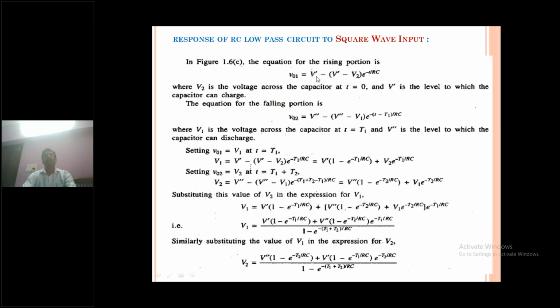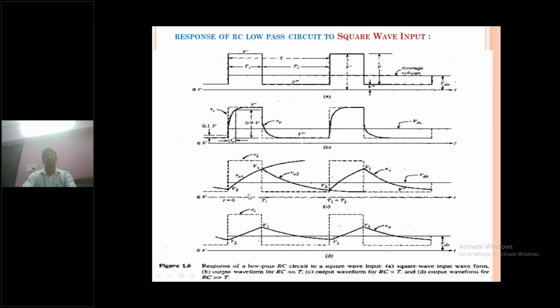So you have to see here V dash. V dash means V final. So finally, how much will the capacitor be charging to? Here the capacitor will be charging to the maximum peak value V dash. Similarly, what is the initial voltage? The initial voltage of the capacitor at t equal to 0 is V2. So the initial voltage is V2 and the final charging value is V dash, not V1. Many students will go wrong here and simply write V1, because the capacitor charges to the final input voltage. The input voltage peak value V dash is the final value.